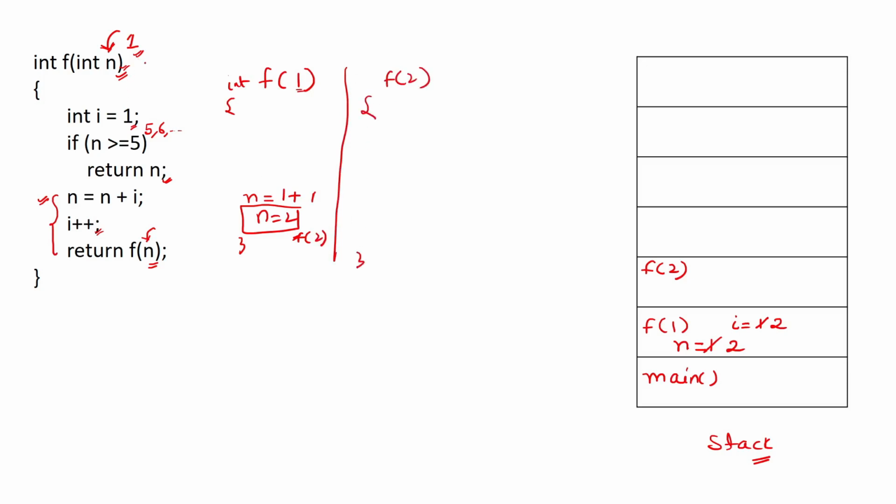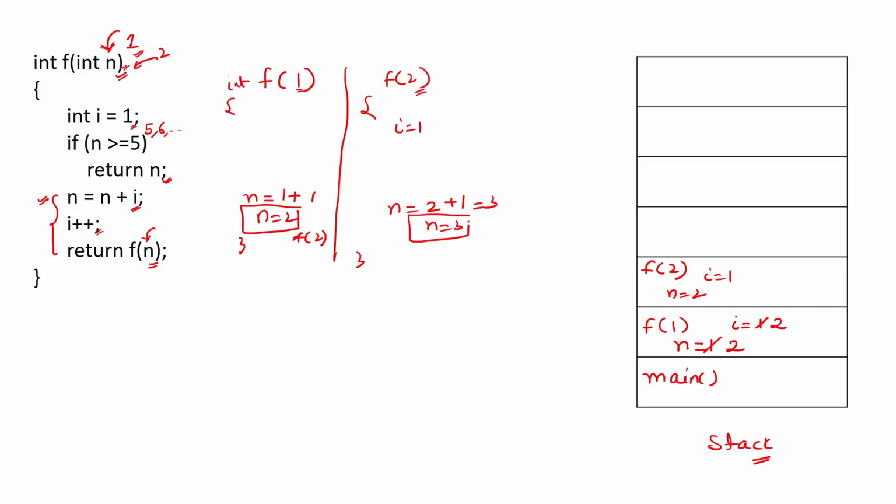Okay. So again we will come to this code. You can see, now int i equal to 1. Okay, again i equal to 1. So here i will be 1 and n is 2. That means this if will be false and we will come to this line, and this line is again adding n and i. So it will be like n is 2, i is 1. So it will be 3, right?